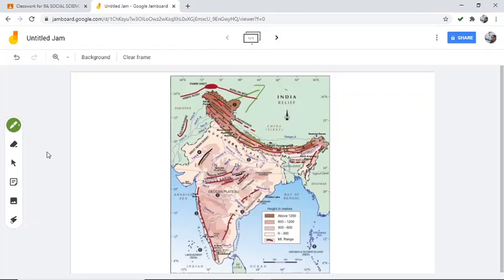Next, if the question is mark the northern plain region, first let me remove the markings which I already made. Okay, so when the question is northern plain region, you should remember that especially in physical features of India, we are not marking one particular place.